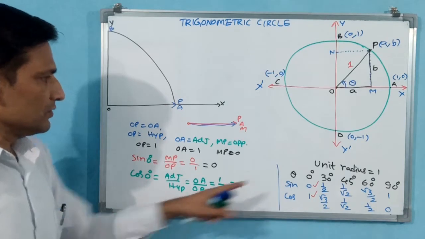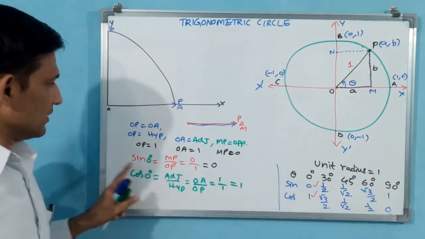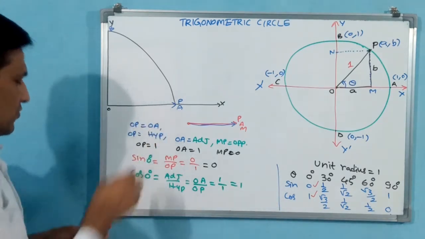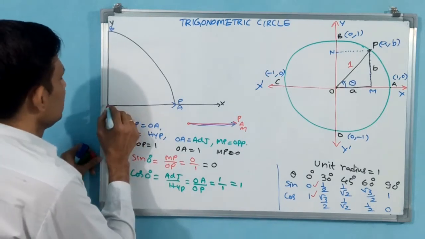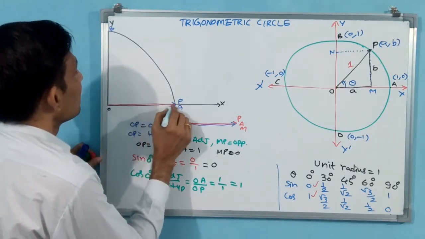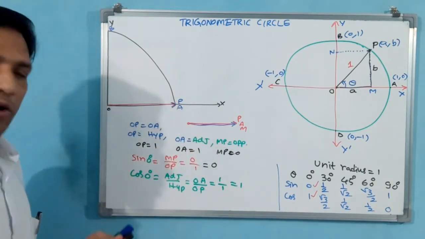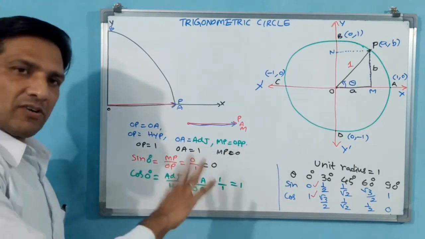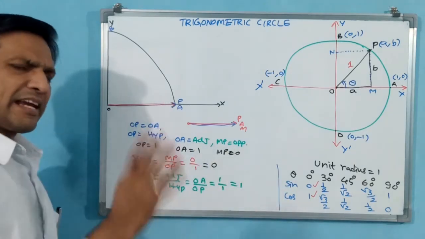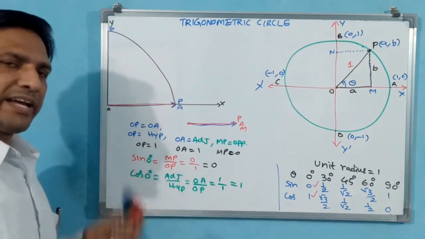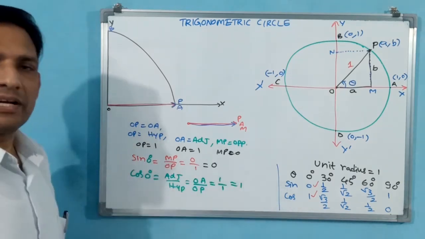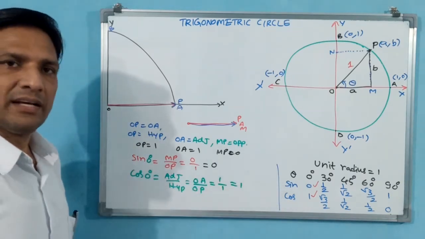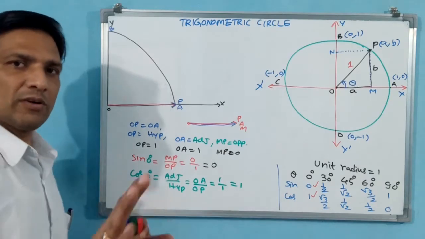Now these two results we have proved at 0 degree. Cos and sine we have proved. Tan, sine by cos you take. Cot, 1 by tan you take. Secant, 1 by cos. Cosecant, 1 by sine. If these two results have come, then all are going to come.